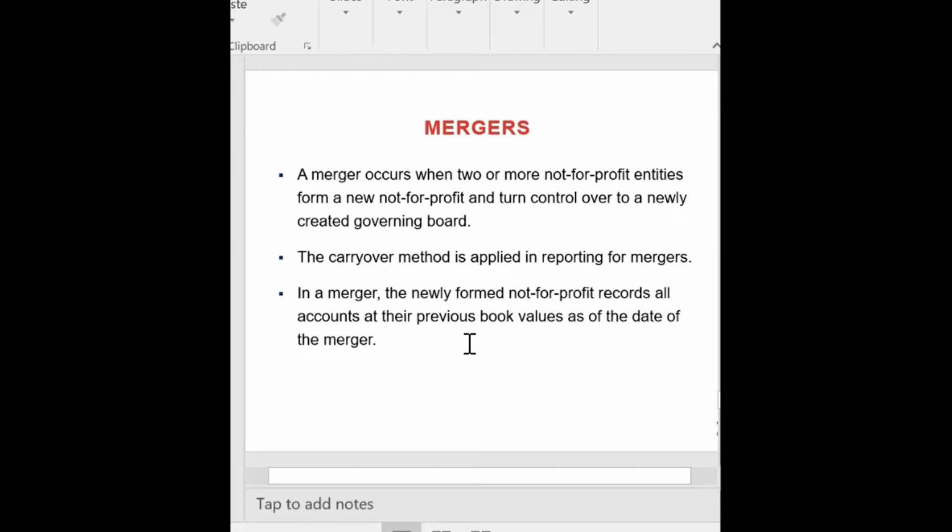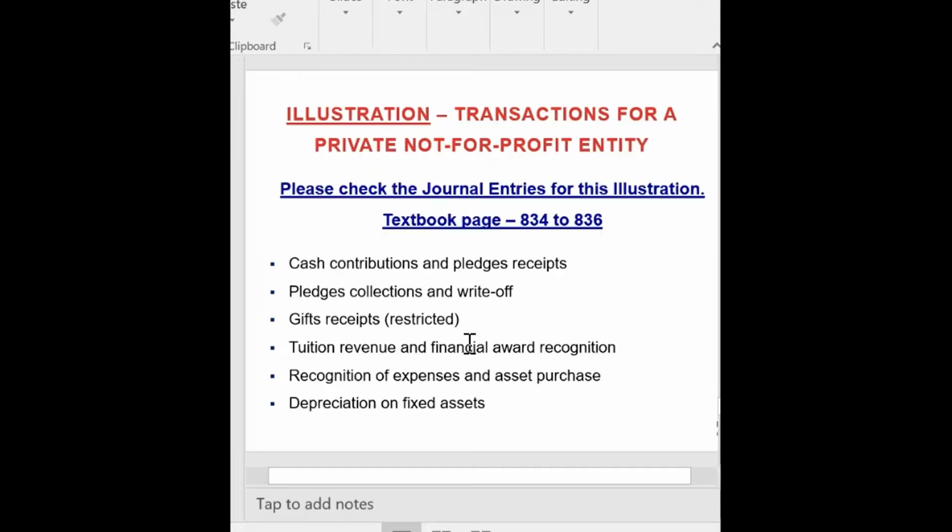You are just combining all those assets and liabilities as per the book values, the book values as of the date of their acquisition. Now we will see one example, and you will see several journal entries. These are from your textbook,